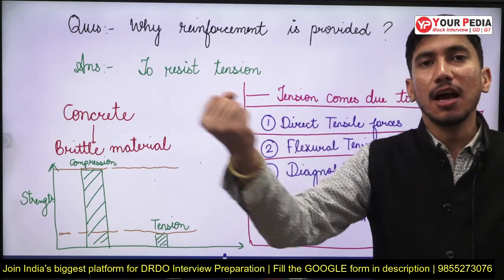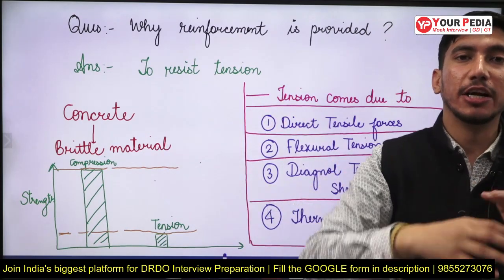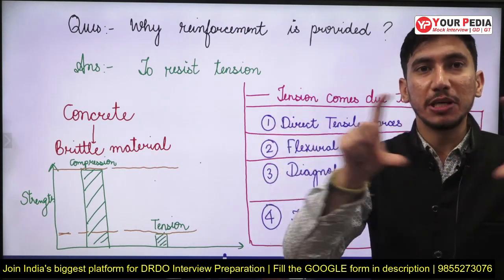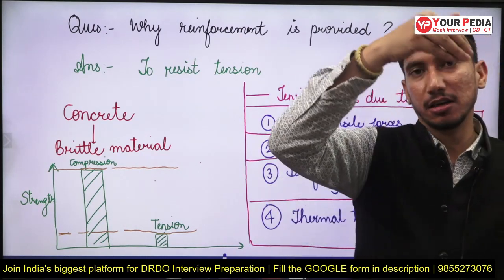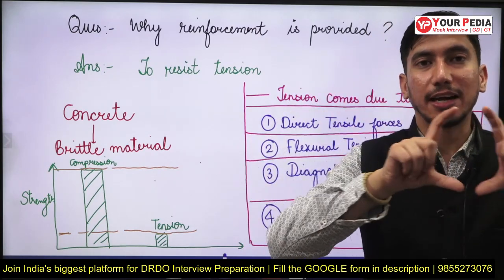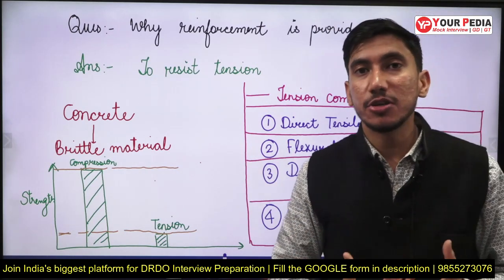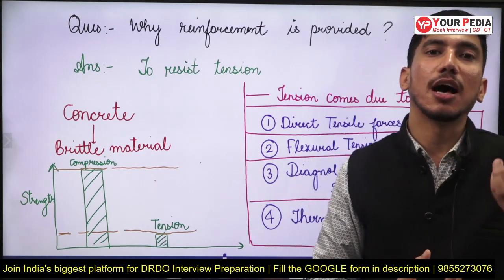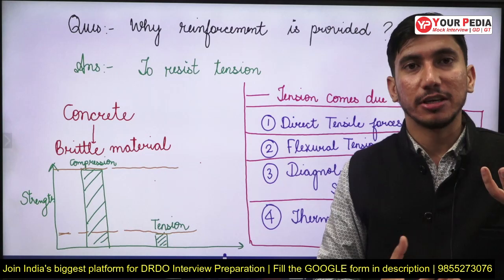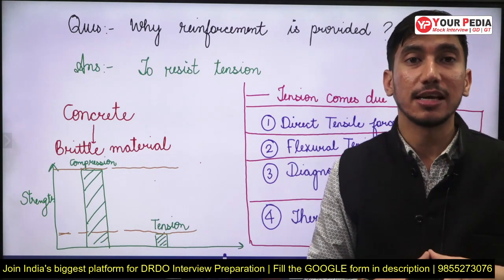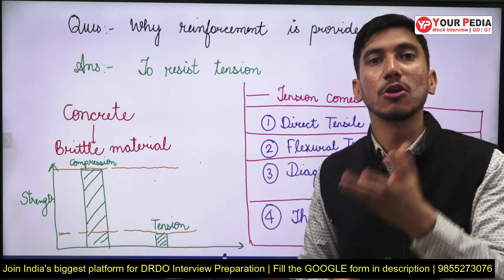Direct tension can occur on a member, and this will induce tension in it. Another reason can be bending tension. Usually, when we make beams, they work by acting in flexure, so they will bend, and on bending, stresses will be developed, and bending stresses are of both natures. They can be compressive on half of the section and tensile on the rest of the section. So from here also tension comes.